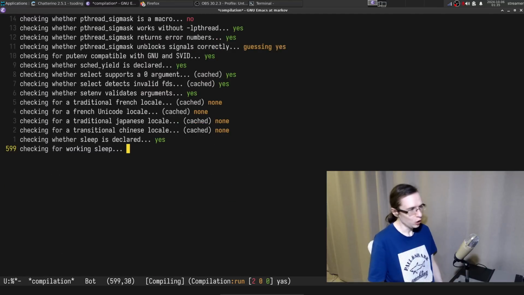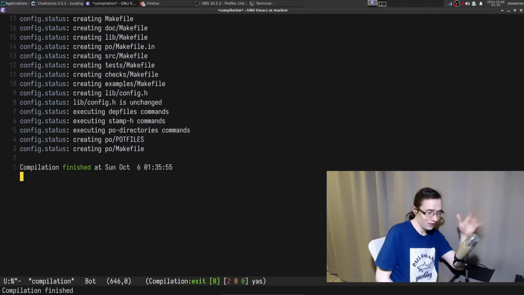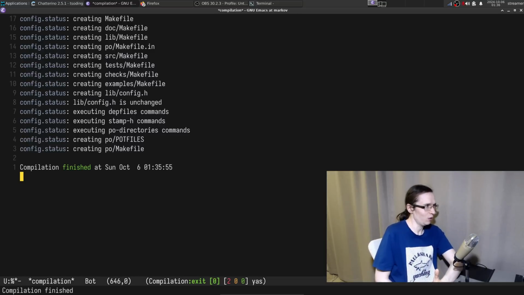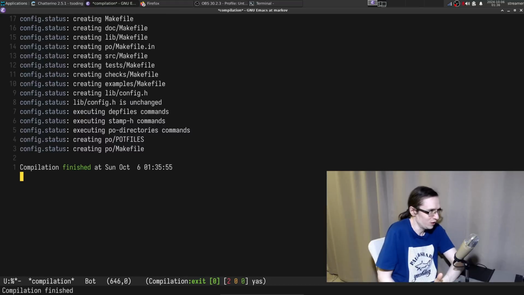Let's try to clean. Who would have thought that the bottleneck of this entire process is going to be some shitty, overbloated build system? Am I right? How is it not obvious that all of the sources of problems come out of this build system that generates files upon files upon files, generators of generators of generators? Usually the actual problem is very easy to fix, but you always have to go through all of this build system bullshit. Why is it not obvious to everyone that's what we want to simplify?